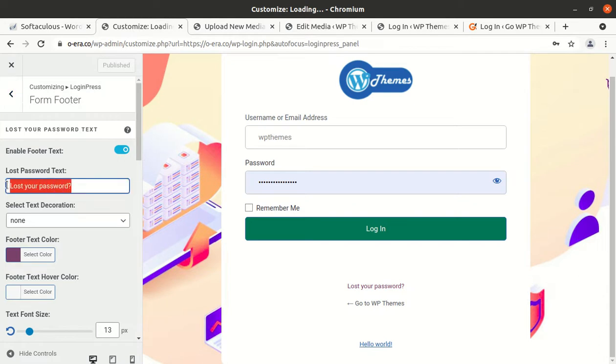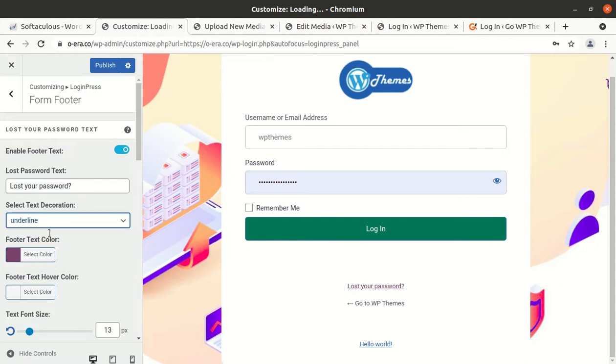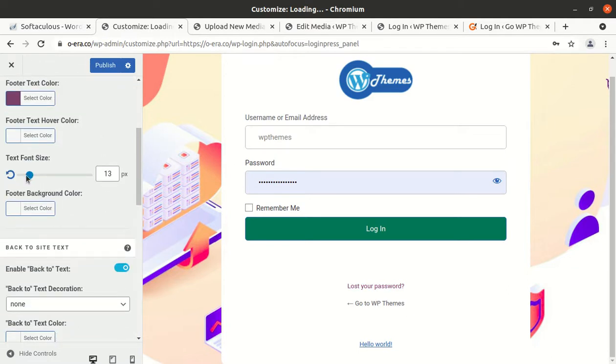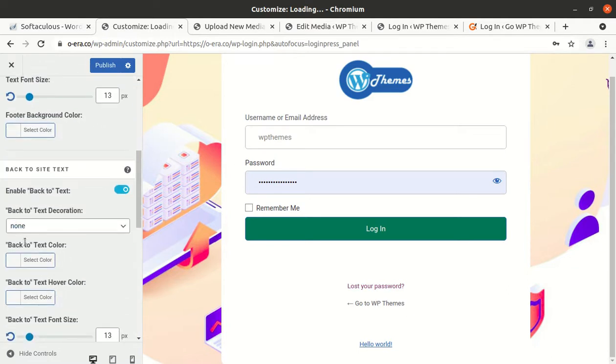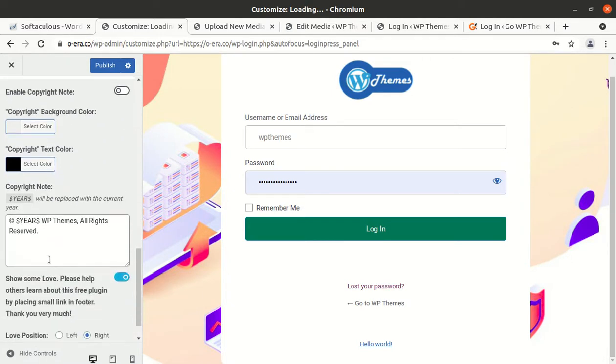So you can change the text, lost password text, and the text decoration, so overline and underline, whatever you want to use, line through, none, and the font size, back button decoration. I have already shown you all these options.